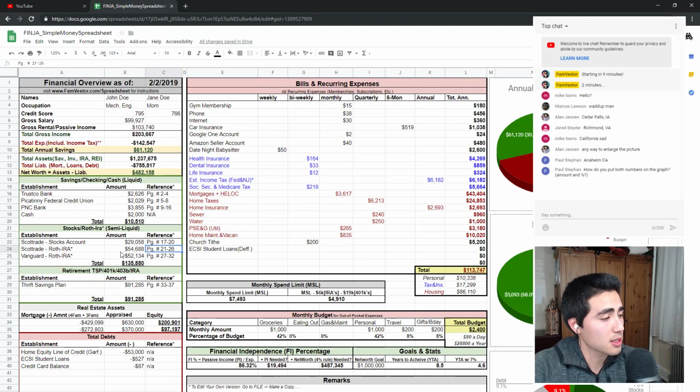Just refer to those pages to make sure those numbers are correct, and then they could approve me for the loan really quick. So that's why I have it formatted a little bit like this, but it's also really easy to see. So you have your salaries here.